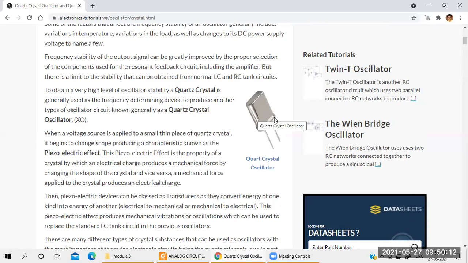The name of the crystal is what here? Piezoelectric crystal. This one, the exact name is piezoelectric crystal. Again, there is one more name for the crystal, that is quartz crystal. There are 3 names here. The first one is crystal, the second one is piezoelectric crystal, and the third one is quartz crystal. Understood? Normal crystal, piezoelectric crystal, and quartz crystal. So this one is the physical diagram.